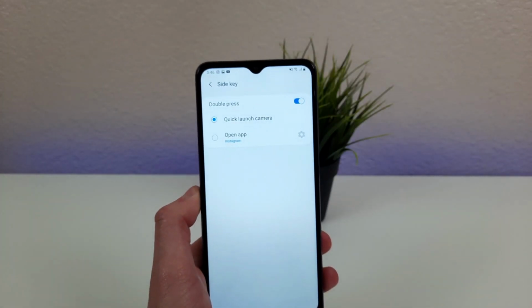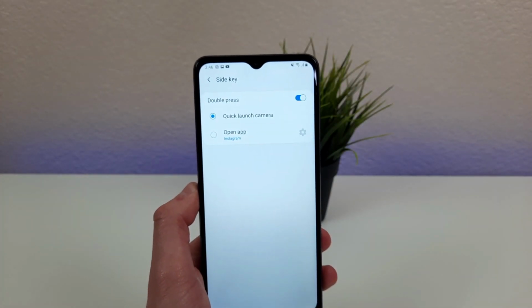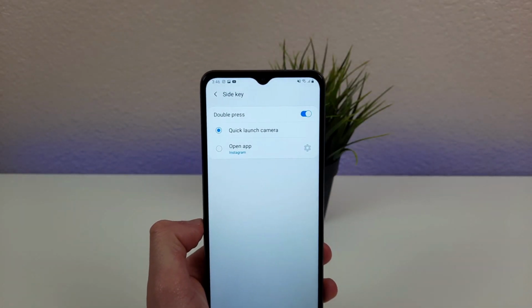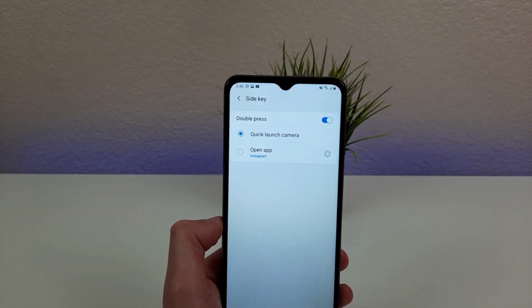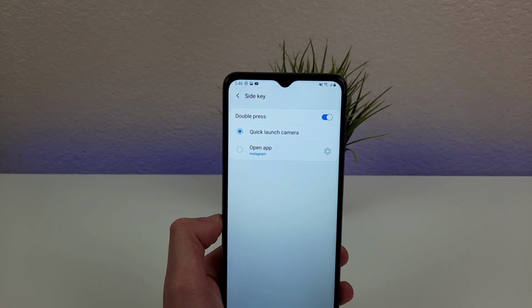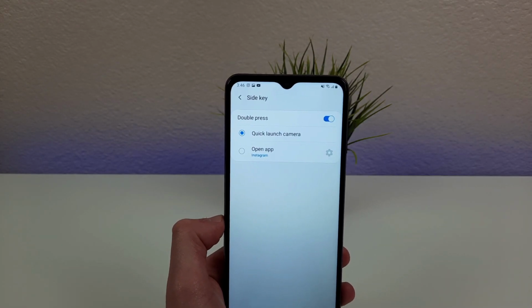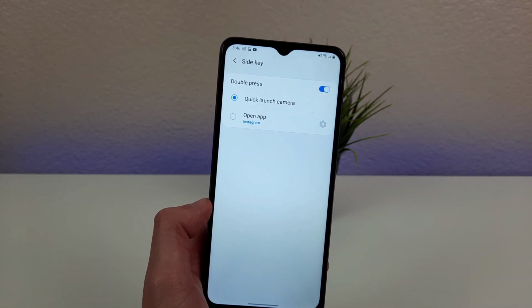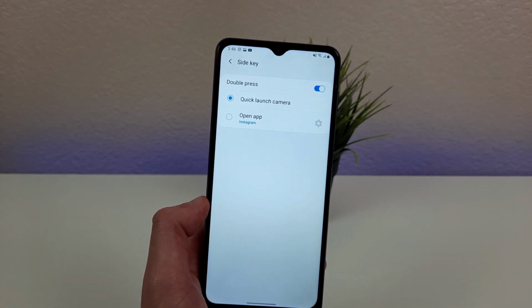Now, for a lot of you, when you have to get your camera out as fast as possible to capture a moment, there's a good chance that it might not be the camera app you're trying to open. A lot of the times when it comes down to capturing a moment quickly, you might be using Snapchat to do so. Well, with the Samsung Galaxy A12, you're actually able to set it to open Snapchat by double tapping